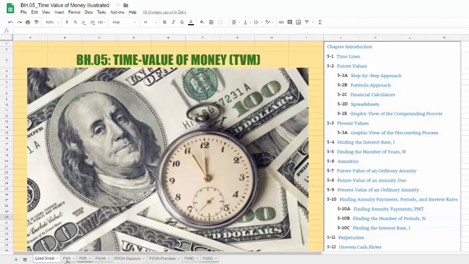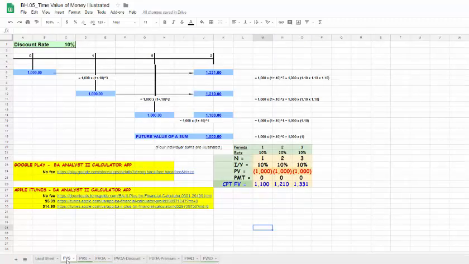Okay, first, let's look at the future value of a sum. This is a spreadsheet approach to the future value of a sum, which says that if you would invest an amount of money today, how much would it grow to in the future? So let's assume that we have a 10% interest rate. If you put $1,000 away today, you would get your original $1,000 back, plus you would get $100 of interest, or 10% of the $1,000, on top of the $1,000, so at the end of the first year you would